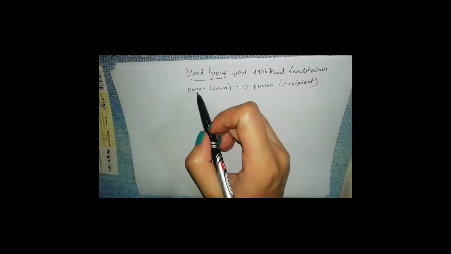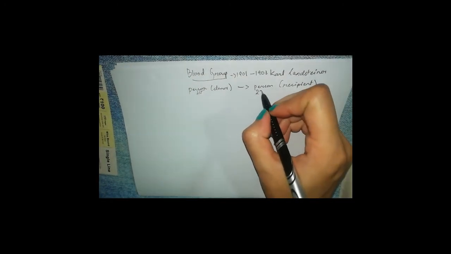This happens because the blood groups of these two human beings, the first person, the donor, and the second person, the recipient, are different. So it is very important to know your blood group before performing such a process. Before you give blood to someone, suppose you want to donate blood, or someone is sick and you need to give blood to that person, it is very necessary to know